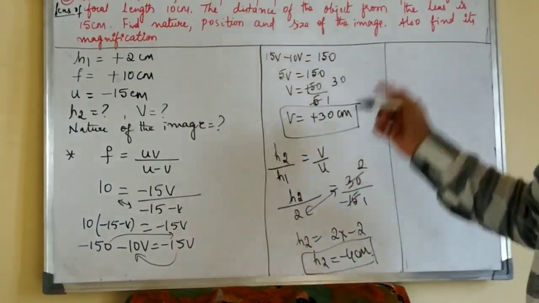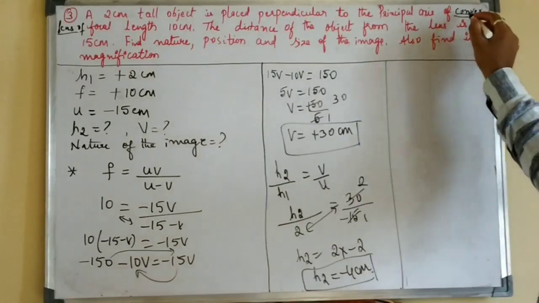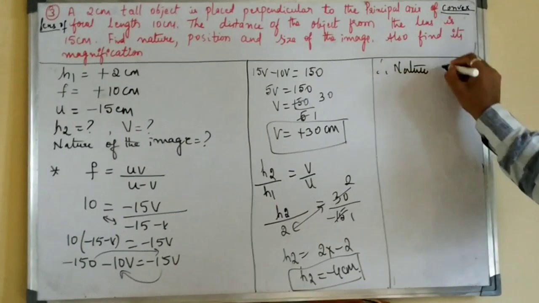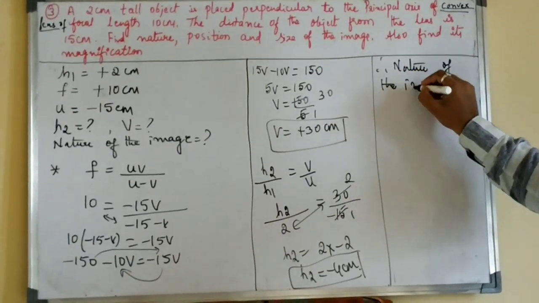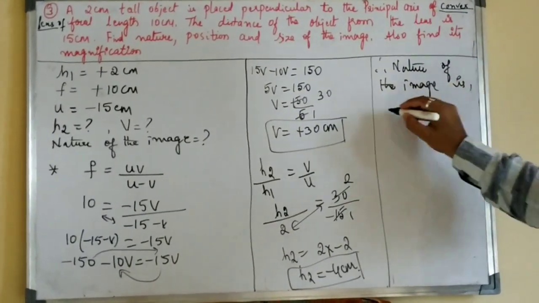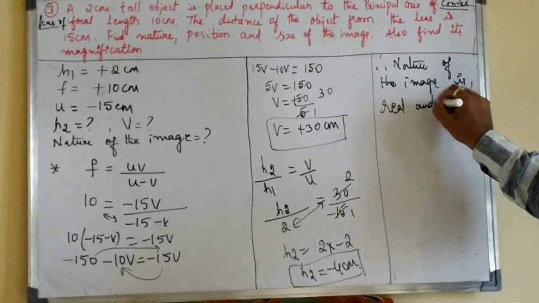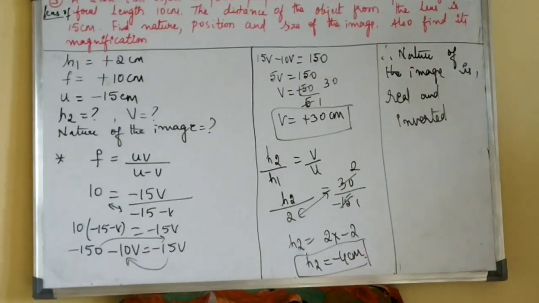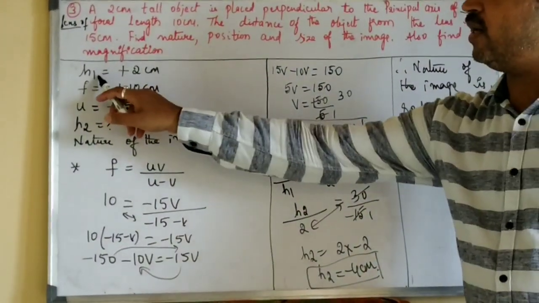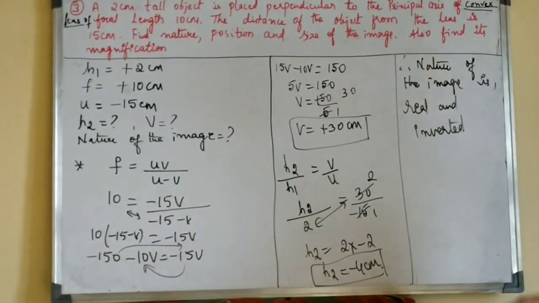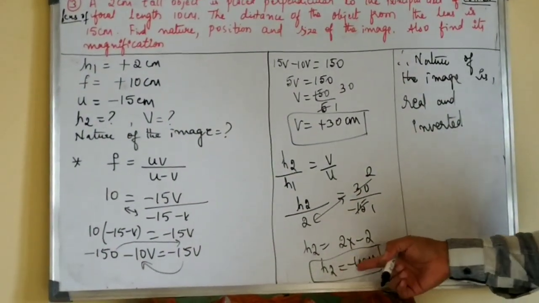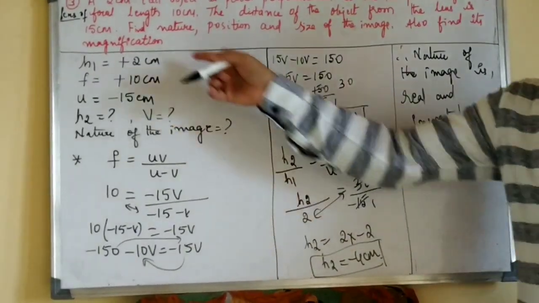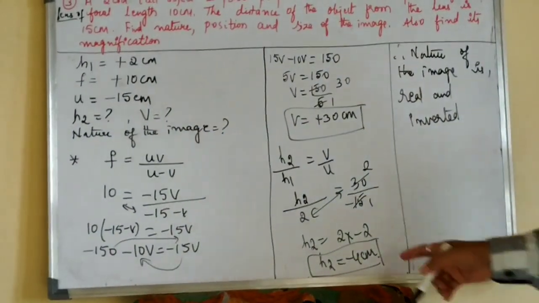So what is the nature of the image? Here you are getting the clue in the question, because they have mentioned it as a convex lens. Therefore, the nature of the image is real and inverted. Also you can see here, object height is plus 2, meaning 2 centimeter above the principal axis. Image height is 4 centimeter below the principal axis. Which is more? The height of the image is more than the height of the object,